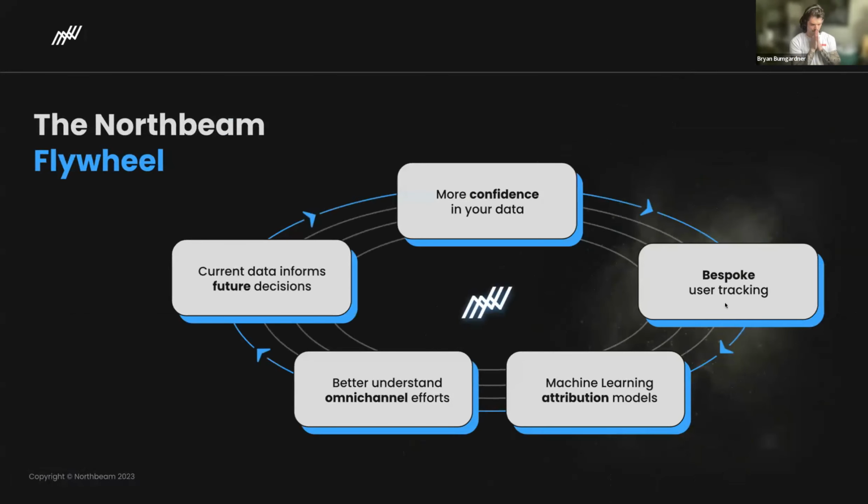Most importantly, I think if we're media buyers and we're thinking about it, the number one thing we're doing is understanding this flywheel of ad experimentation, right? The more confidence you have in your data, the better ad experiments you can run, the more attribution models you have that you can use to analyze those ads and that performance. You can better understand how your ads are performing on each channel. You can make better decisions on those ad experiments, and then you just repeat the process, right? This is the sort of growth engine that you hear growth people talk about all the time. Northbeam sits at the center of that, especially if you're a media buyer running very, very intense creative experiments,